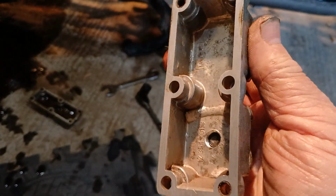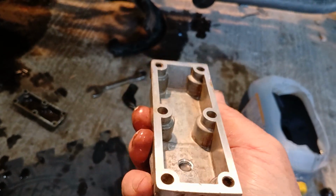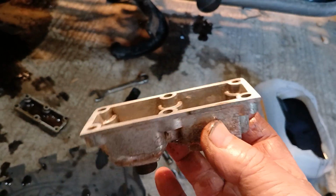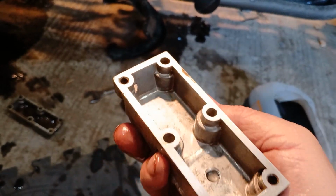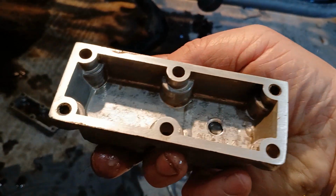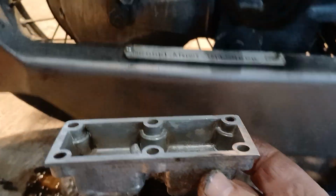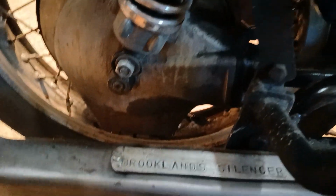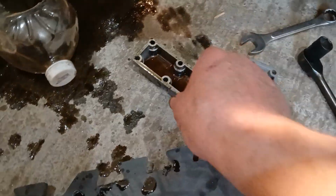And while I was at it, I put this on a plate with a piece of emery, and I sanded her flat, and before I started, she was by no means flat anyway. So that is going to go back on there after it's been cleaned, and then she will get topped up with a quality synthetic,